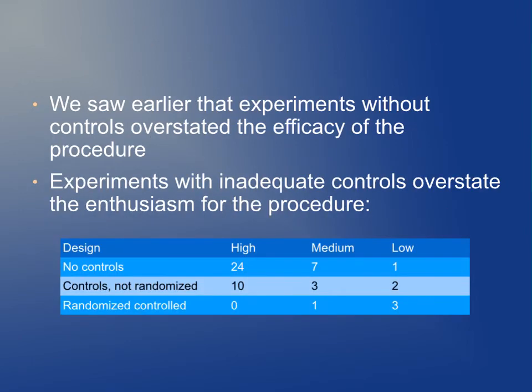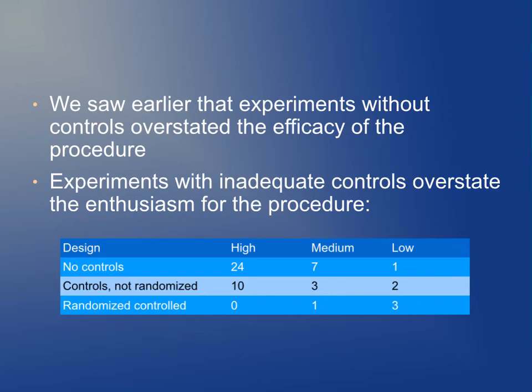Well, we saw in the first lecture that if they didn't include controls in the procedure, then it tended to overstate the efficacy of the procedure. But what I didn't show you in the first lecture was that there were 15 other studies conducted that included controls but were not randomized, where the doctor just used their judgment about whether or not this patient needed the shunt. So it may be a case where they gave the shunt to healthier patients who they thought would be more likely to survive the procedure, and hence those patients survived. They said, "Oh, this portacaval shunt is great."